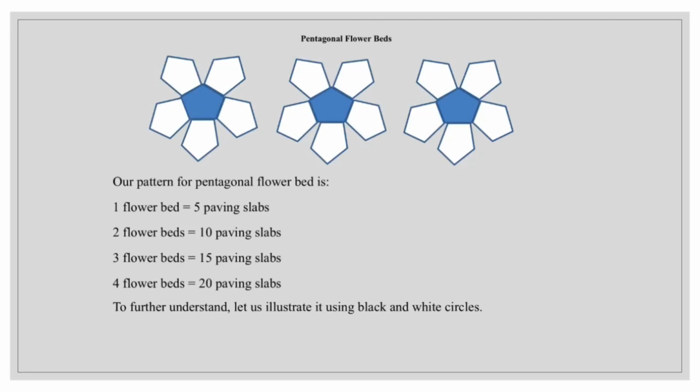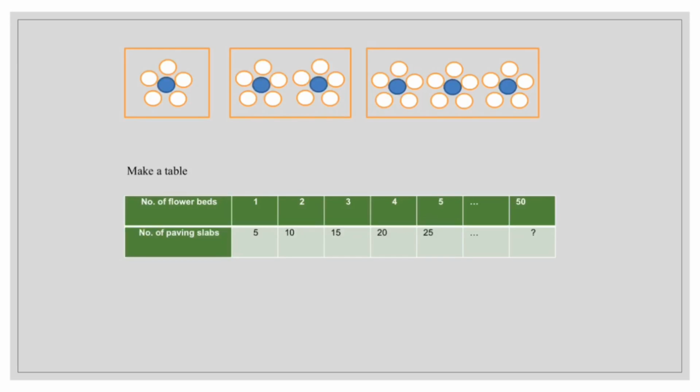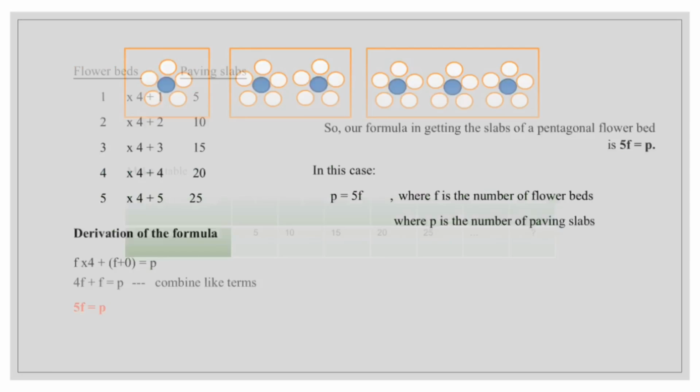Another polygon, which is pentagonal flower beds. So, our pattern for pentagonal flower bed is, for every flower bed, meron siyang 5 paving slabs. 2 flower beds, 10 paving slabs, 3 flower beds, 15 paving slabs, 4 flower beds is equal to 20 paving slabs. So, gumawa rin ako ng table dito para mas maintindihan natin. And then,